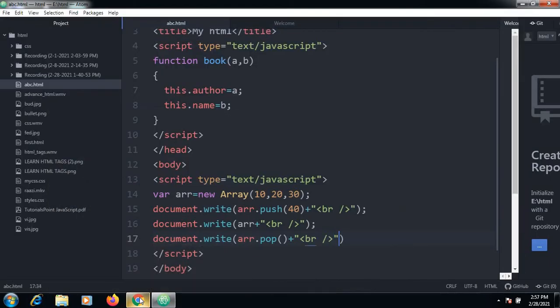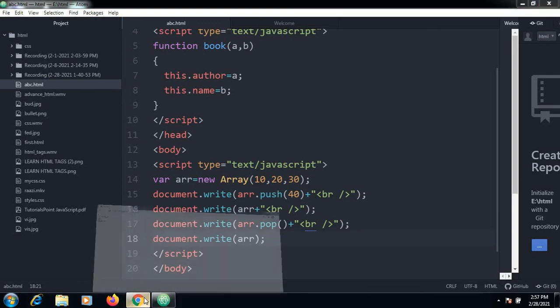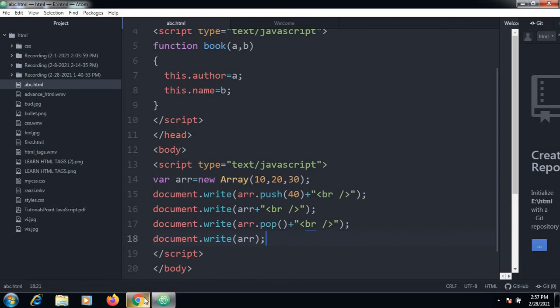So display the array now. What elements are removed? We'll come to know this. 40 is removed. The topmost element will be removed. So these are some of the important array functions.